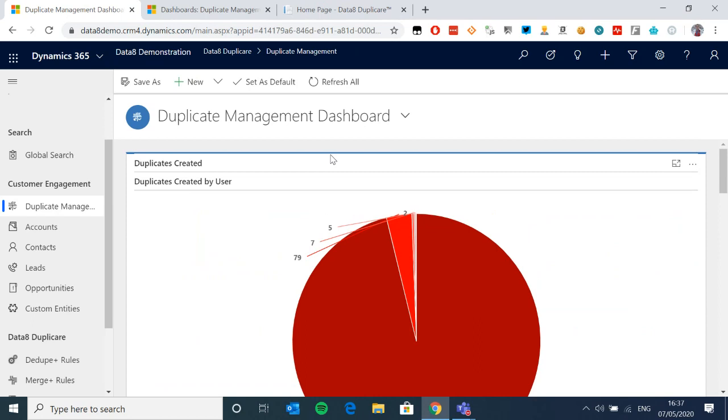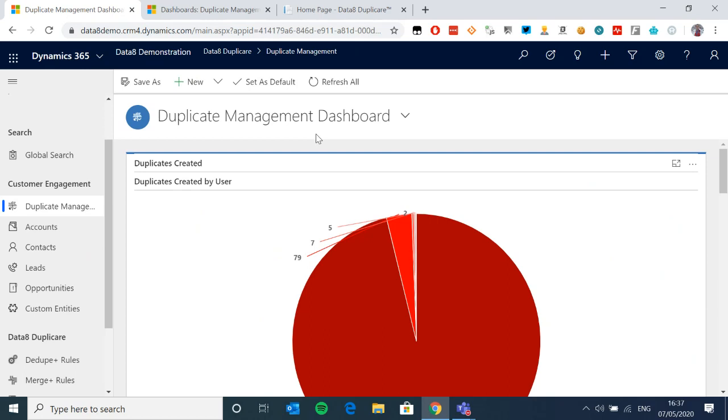There is a question from Mark in there. We've recently installed Duplicare. Does it make sense to delete all existing duplicate detection rules and rebuild them as DG Plus rules so they're all in one place? It's up to you. You can or you don't have to. It depends if you're going to run into a limit of the out-of-the-box ones, basically. For me personally, I've always suggested people do it so there's a single place to manage them. But I've seen arguments on both sides of the coin.